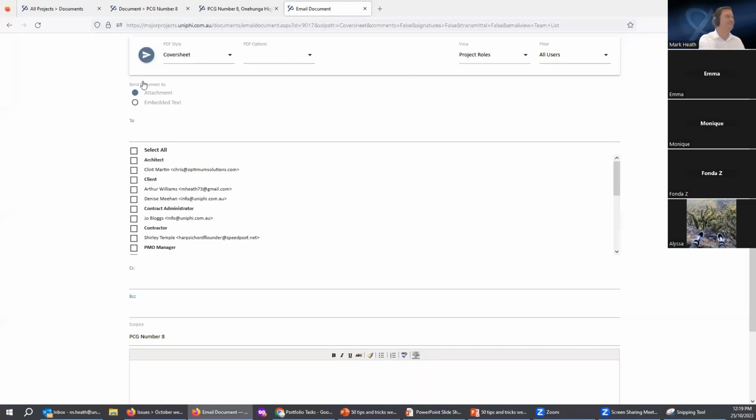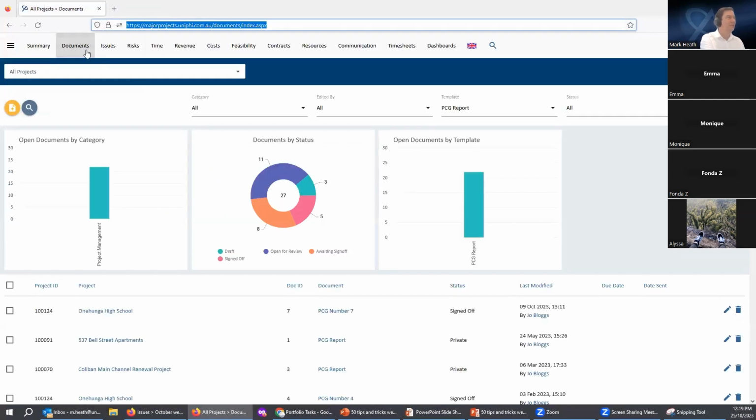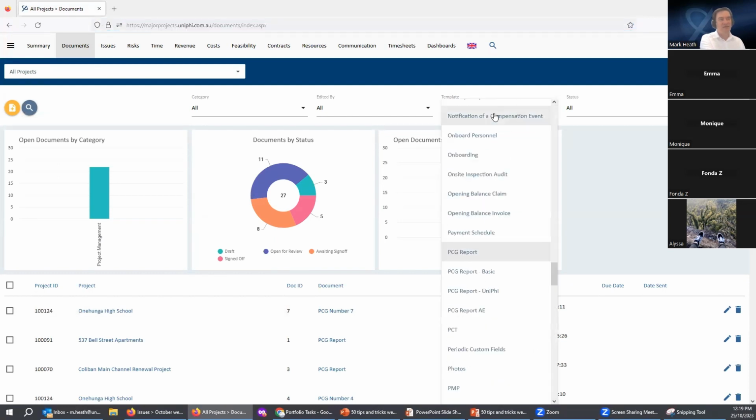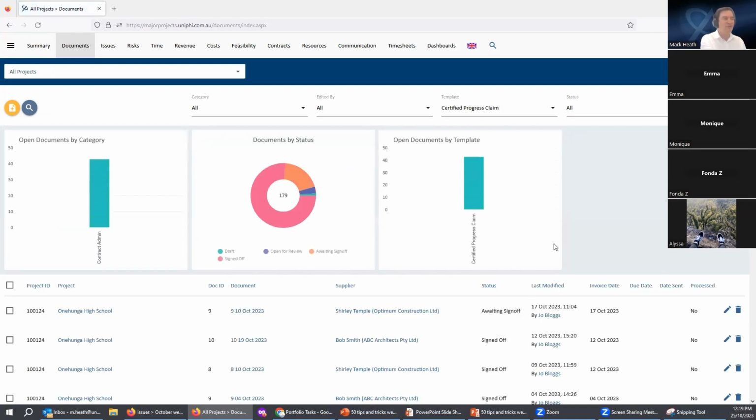Coming back into the system. What a lot of people don't know is that when you're in the documents module, which I am now, and you're filtering for templates, the actual columns that are displayed here will change depending on the document that you select, the template filter. So if I was to select, for example, certified progress claim, I get 2 extra very useful,